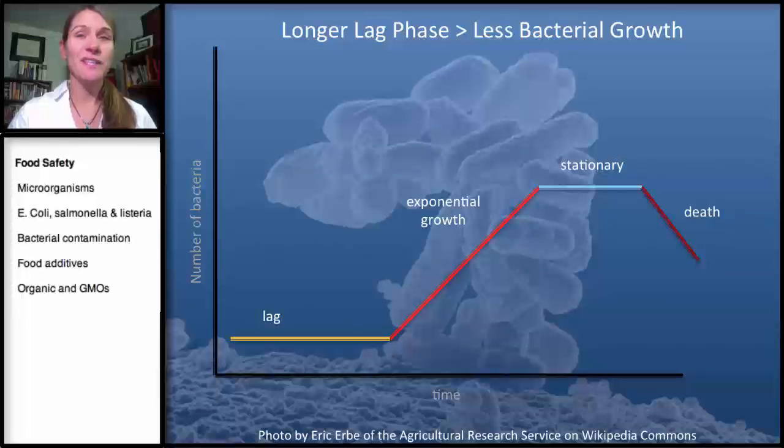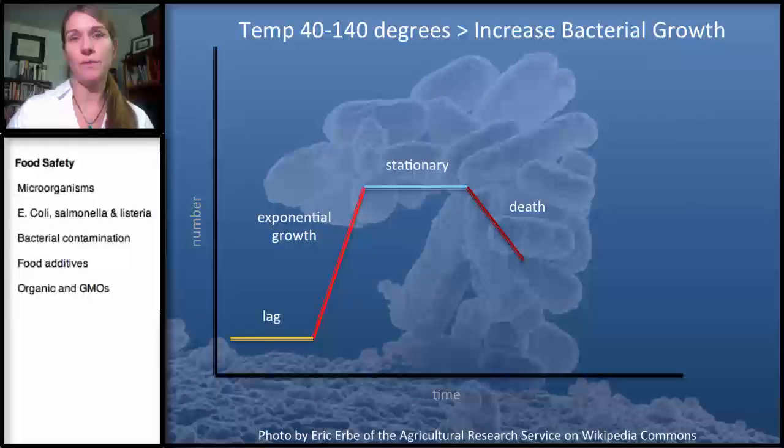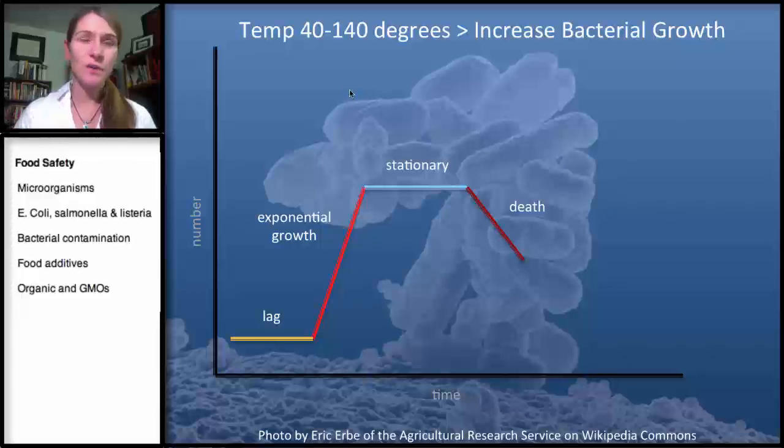Now let's look specifically at temperature. What if we don't keep the food cold, or we don't heat it up to a high enough temperature to cook it? And that's our 40 to 140 range. Your refrigerator is 40 degrees, and in that phase, the bacteria will multiply, but not at the exponential rate. It's really slowed. In the freezer, they don't die, but they don't replicate. So they're not going to grow in the freezer. They grow at a very slow rate in the refrigerator. That's how we really keep this growth phase down.